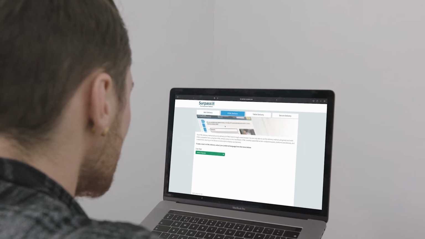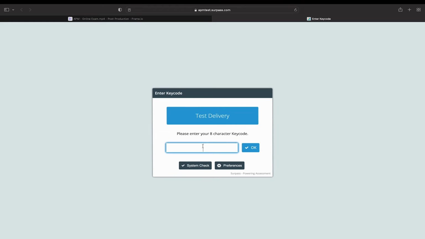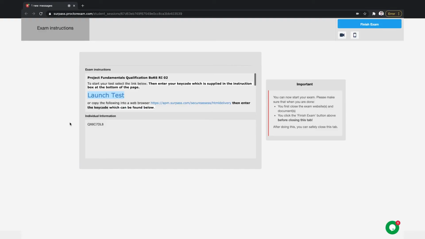When you're happy with your environment and wish to start the exam, then copy your key code and select Launch Test to open the exam platform in a new tab. Enter your 8-character key code and start your exam. Technical support. If you do have any problems during your exam, please use the live chat function, which is available